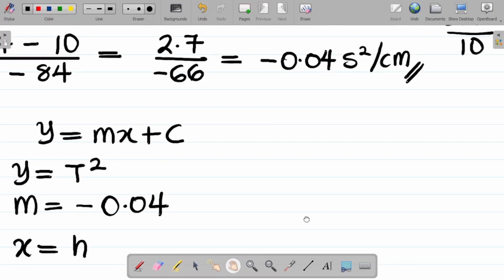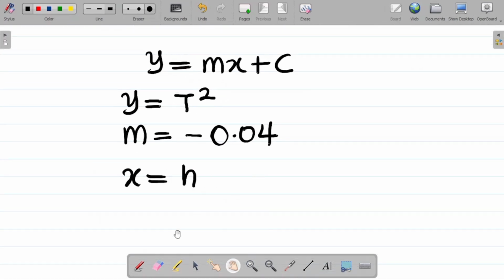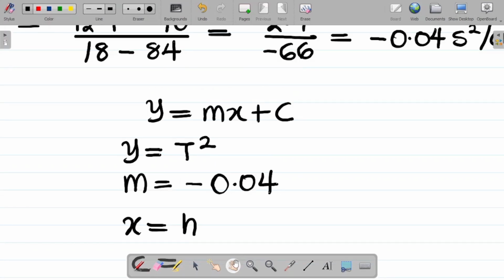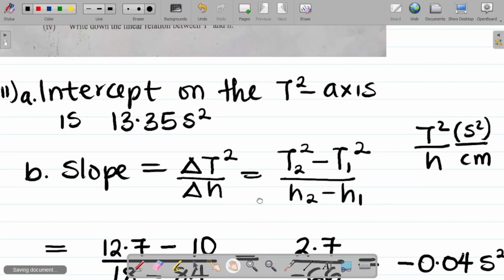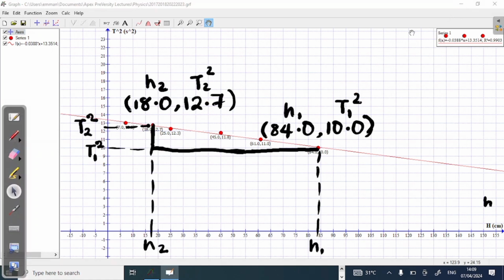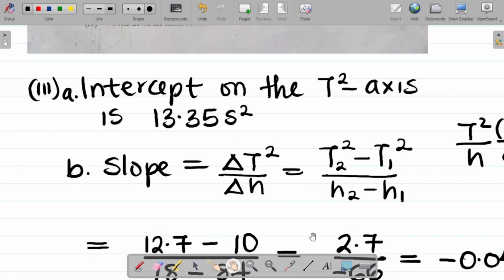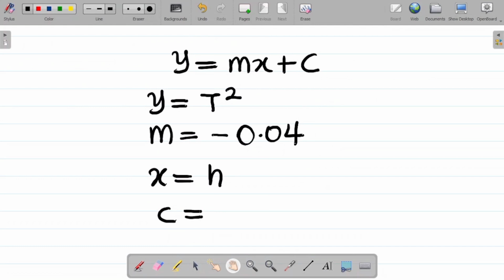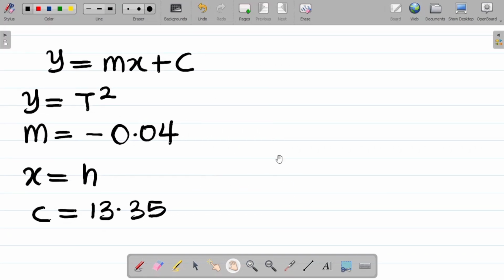And then finally, you now have c. C is the intercept on the t squared axis, that's the vertical axis, which we've gotten as 13.35 as my intercept. So c is equal to 13.35. Alright, so expressing this, let me write this way. So therefore,